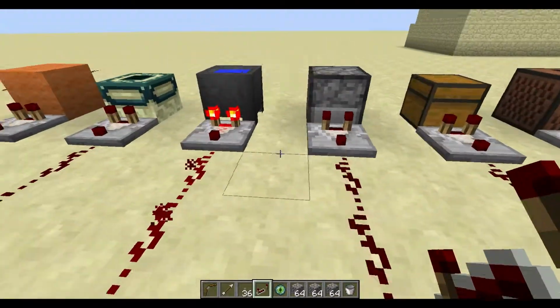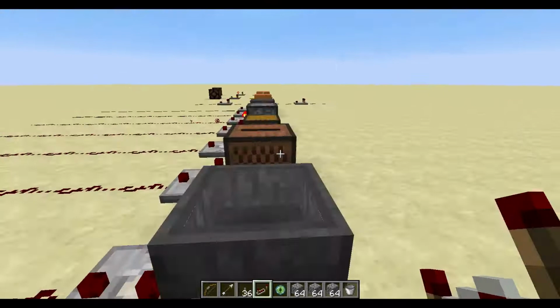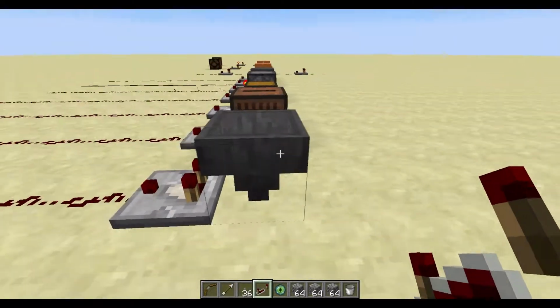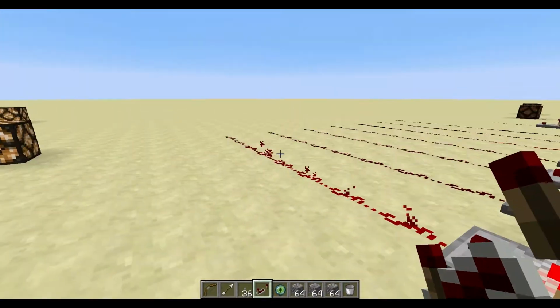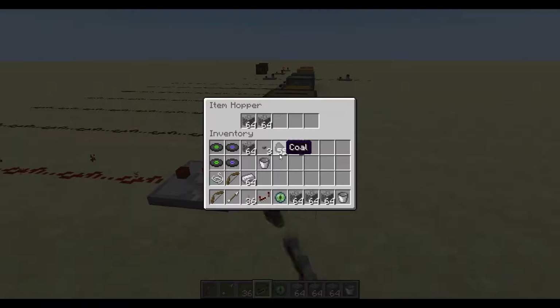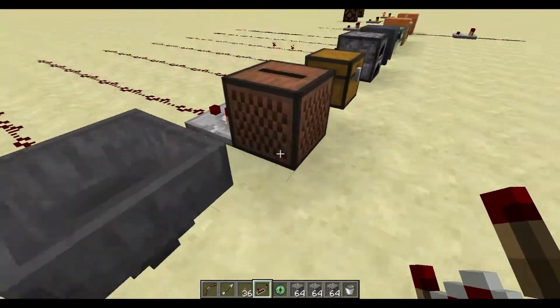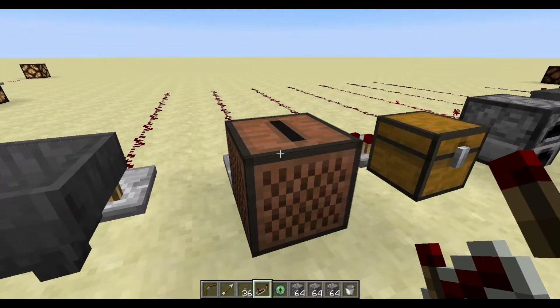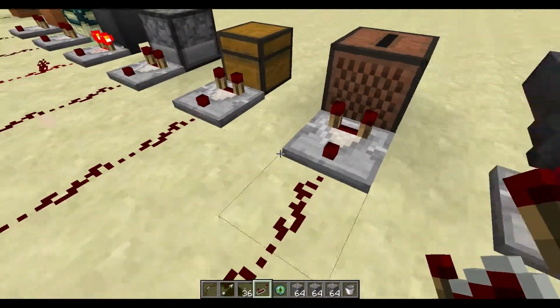In this sense, they are testing the blocks they are next to. So, we've seen the hopper, so I'll put some stuff in it, but you can see as you put more stuff in the hopper, it changes the output. This one's interesting. Not a lot of people know about this one, but